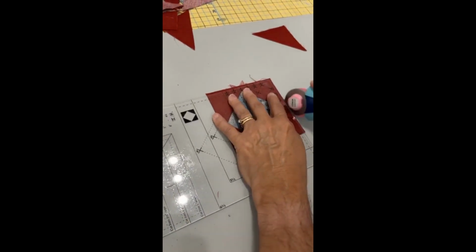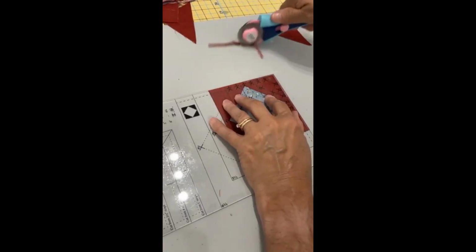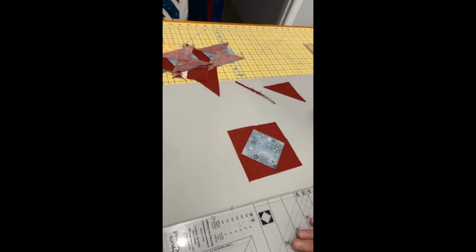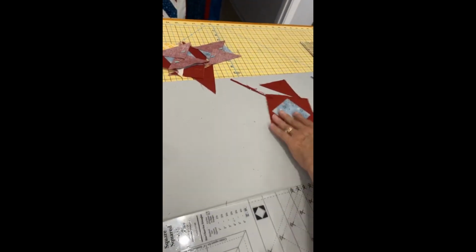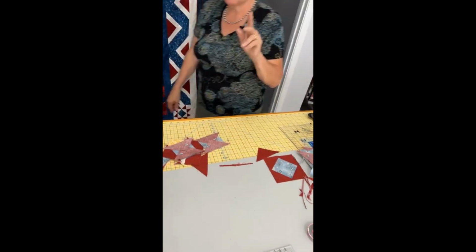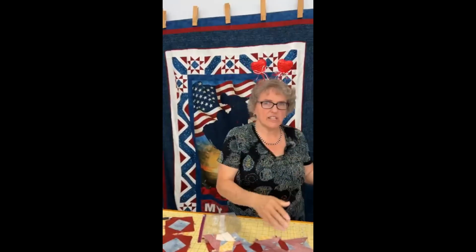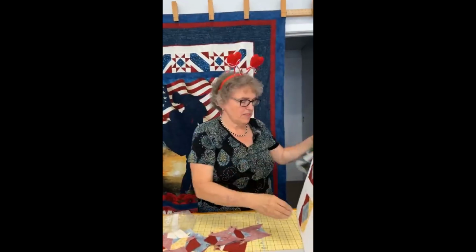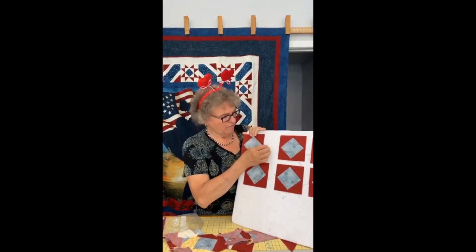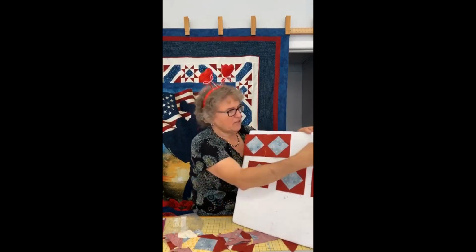And then up and over. And there's our perfect square and a square. Yay! Now this tool, I'm going to go back over to the other side. We have 2 more Thursdays in July, and we're going to show you a couple other things that each tool does. But one thing I want to show you with this one is this makes a really pretty border. If you wanted to spruce up a border, it makes a gorgeous border